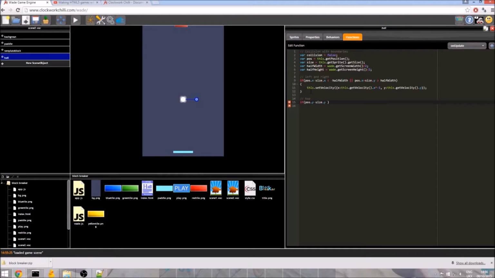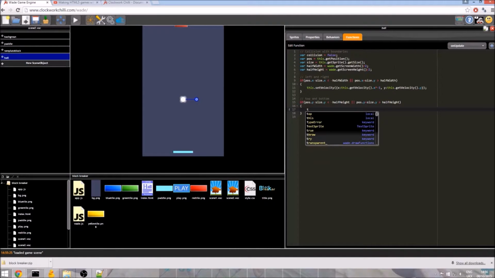Minus size.y. So if we are less than minus half height, then we've collided with the top of the screen. We're not going to handle the bottom here because the bottom is a slightly different case. Although, thinking about it, would it be more efficient? I think it might actually be. Okay, I'll tell you what, we'll handle the bottom as well here. It just means we're going to have to do one check twice, but it saves us some space in the code. So like before, or position.y plus size.y is greater than half height. So if we end up in here, we know we've hit the top or the bottom of the screen.